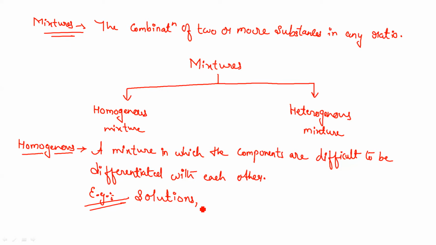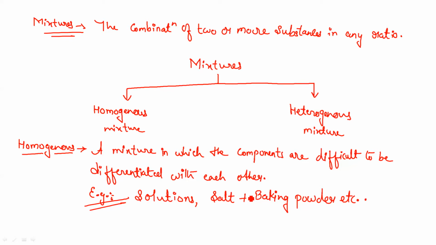Second, if you are making a mixture of salt and baking powder, then it will also be very difficult to distinguish between these two substances, because salt is white in color and powdered in form, and baking powder is also white in color and powdered in form. So it will be very difficult to distinguish which is salt and which is baking powder in the mixture.